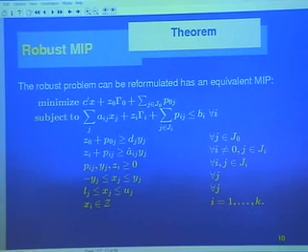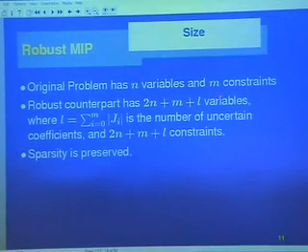If the original problem is a mixed integer programming problem, the new problem is also a mixed integer problem, using duality. If it's LP, linear programming, the new problem is also LP. In other words, it retains the character of the problem. Namely, the only integrality is whatever original variables I had before, I still have them. And I introduce some new variables. So this is sort of the first objective, that I did not change the character of the problem. I introduced the uncertainty in this way, and I have a new problem that has some new variables. How many of those? Let's look at how many new variables. The details are not that important, you can see it in the paper.